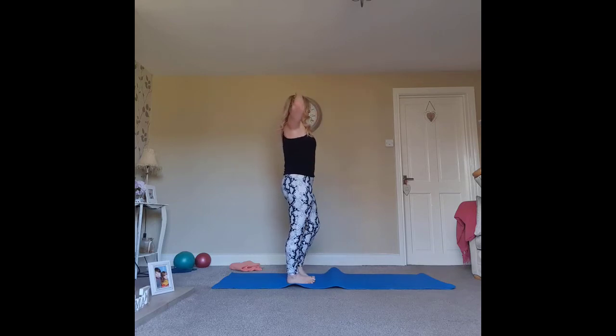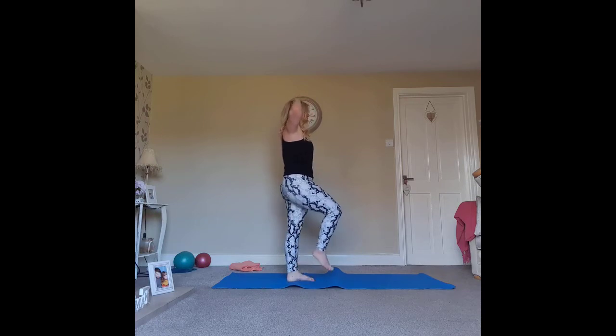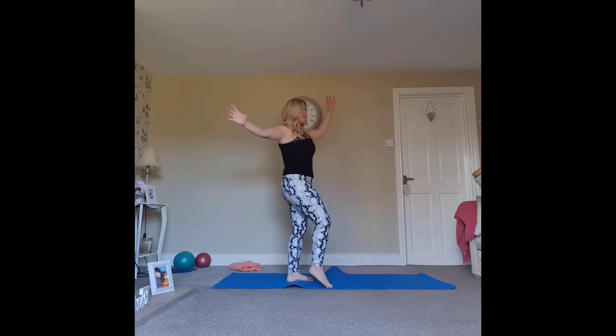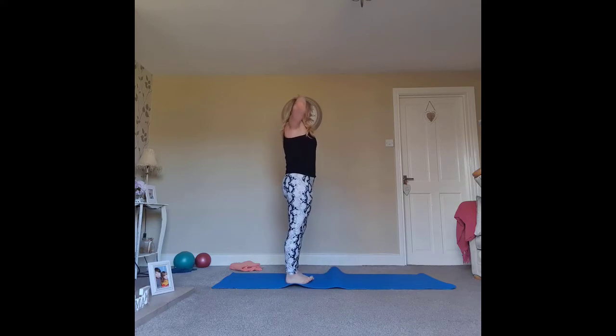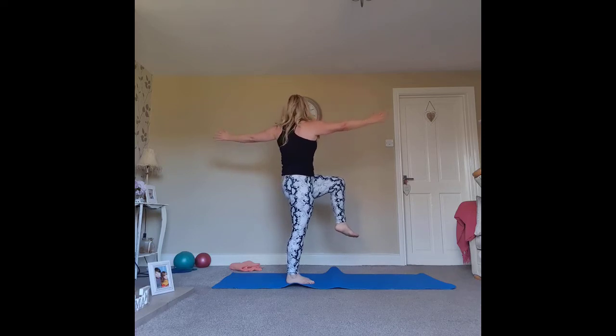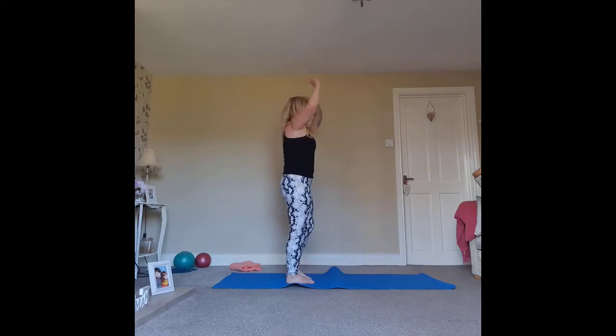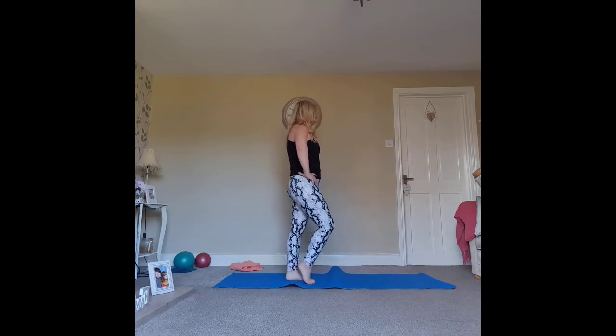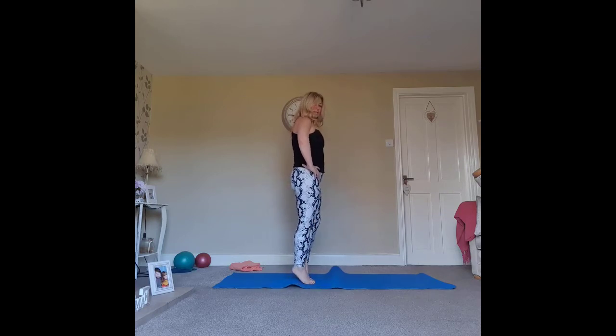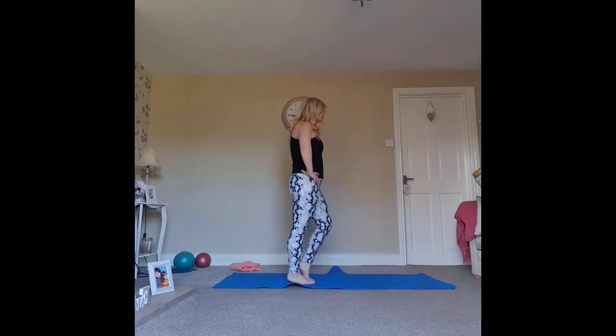Let's do one more each side. Focus on a spot on the floor, around that big toe. Pull up through the inner thigh. Don't move too fast. It'll throw you off balance. And then just pump the heels, lifting one heel at a time, keeping the hips stacked. And then just from here, we're going to step forward